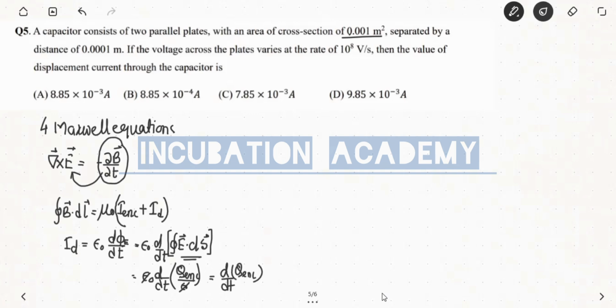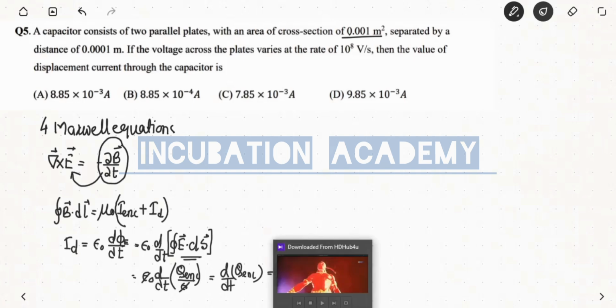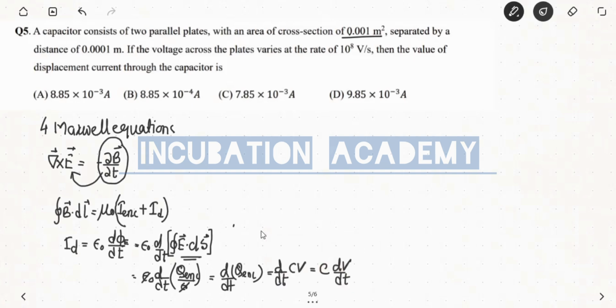We also know that q equals CV. So this can be written as d/dt of C into V. Since C is constant, it is C dV/dt. Clear? So obviously from here,